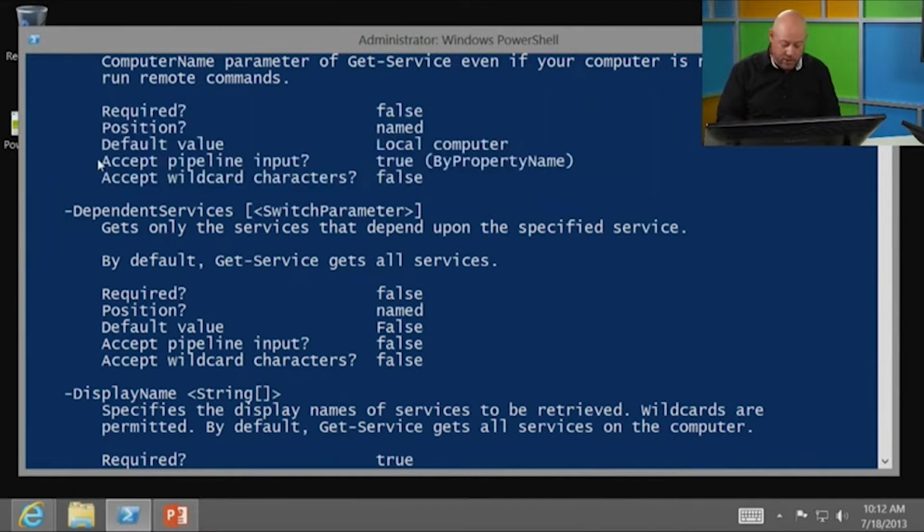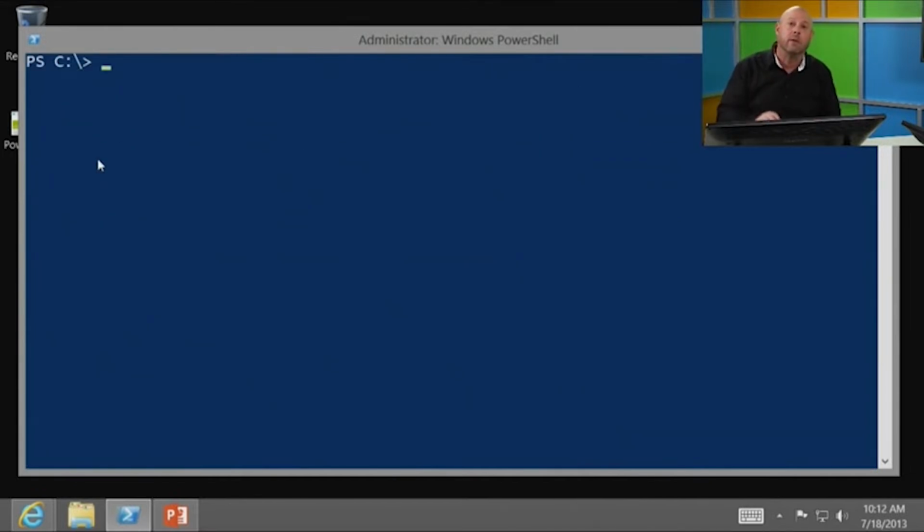Now, I promised you earlier that for you folks that are running PowerShell v2, and even if you're running v3, sometimes if you're running v2, your help files are not up to date and you want the latest and greatest information. Well, you can't run update help if you're in v2, which is why on your admin box you should be running v3. However, let me just show you how we used to get around that. Microsoft helped us with this,